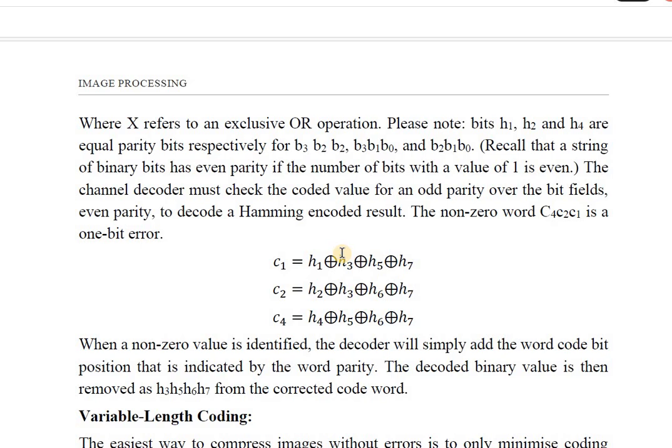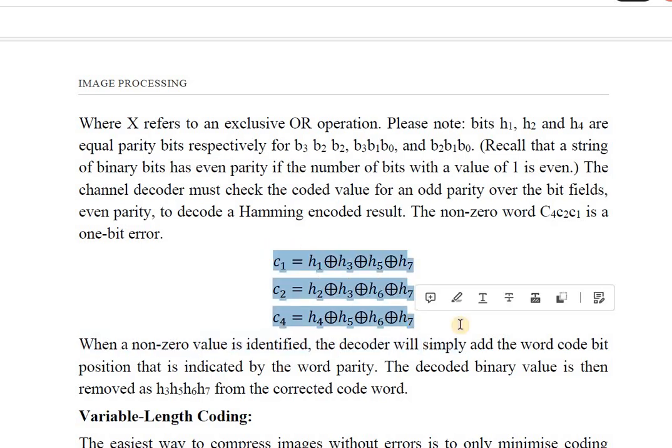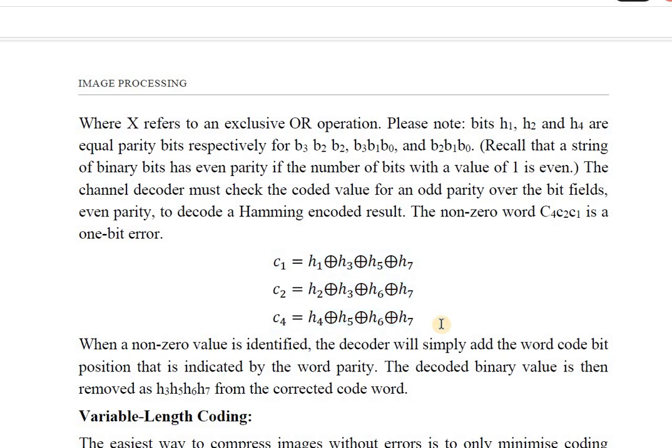Now next, you got the 7-bit Hamming code for your 4-bit data, correct? You send that across the network. Now what will the receiver do? They will calculate C1, C2 and C4, using these formulas.